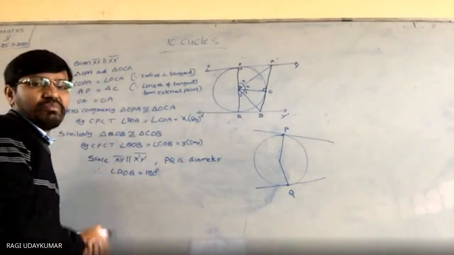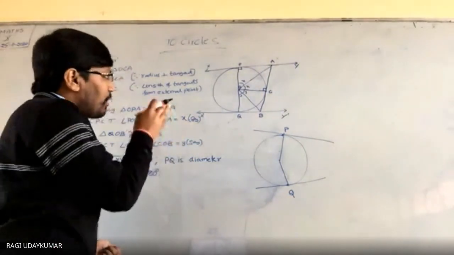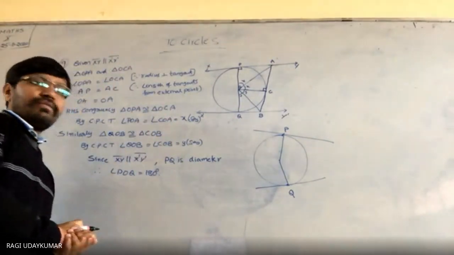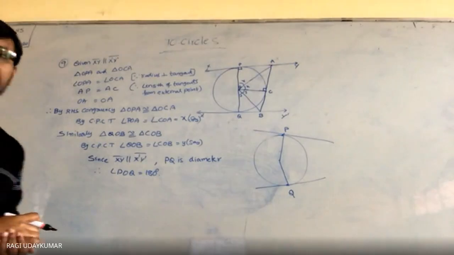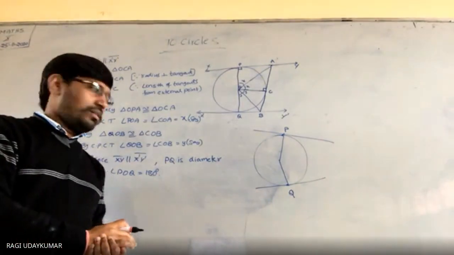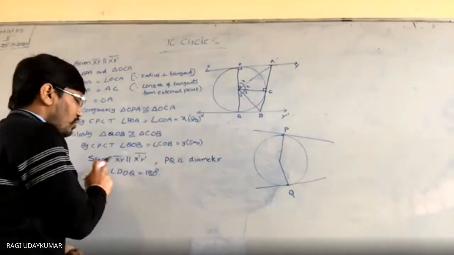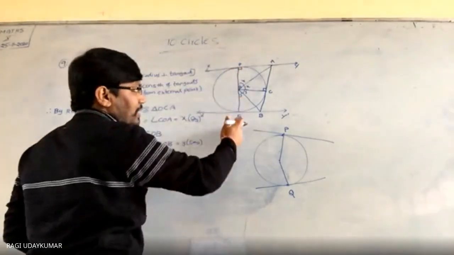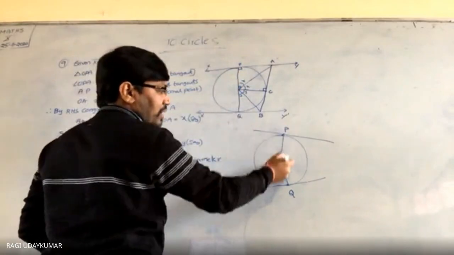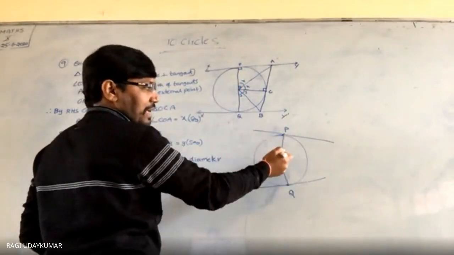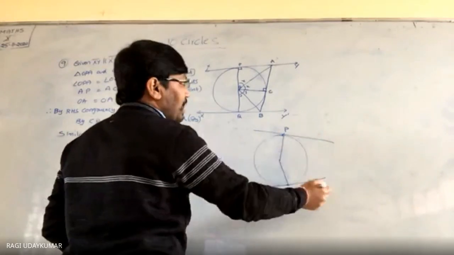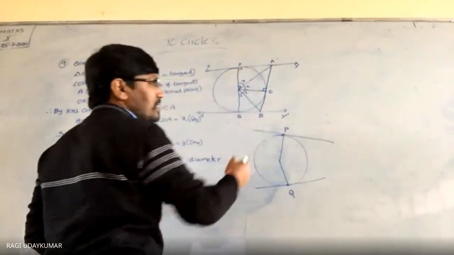We can find that out in your figure. But in case you are finding it in the figure, you are not supposed to just assume it. You should write that PQ is a diameter because these two are parallel lines, so it will be a straight line. PQ being a diameter means this whole thing is a straight line. It is not like that if these two are not parallel lines. These two are parallel. So how do you say, sir, that POQ is a straight line?